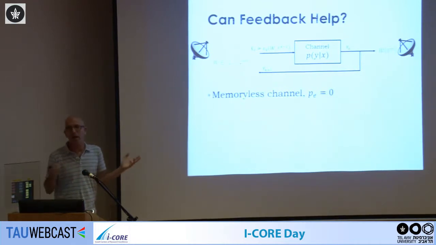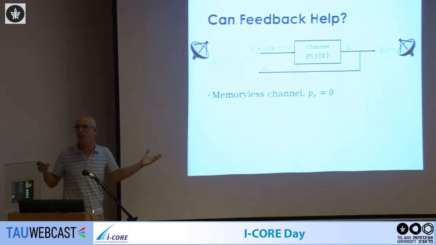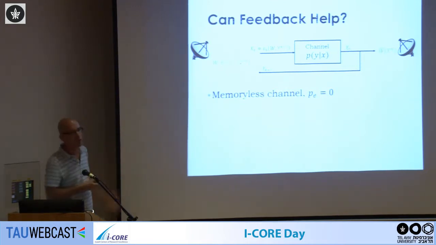Well, you might say, okay, I knew it, right? The channel is memoryless. Of course, there's no way to gain. But then test your intuition. This time it's zero error, okay? So this is the same memoryless channel. You cannot predict what it's going to do, right? But the error probability needs to be exactly zero.